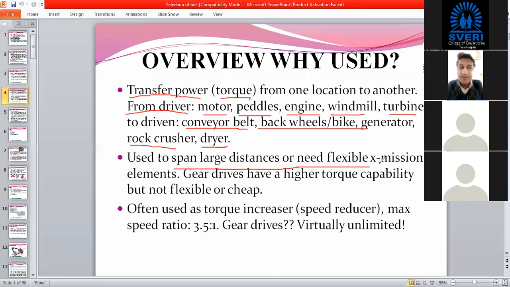Okay, where we cannot use gear drives, because in case of gear drives, the distance between two shafts should be exact. Then and only then are we going to mesh two different gears, right? So where flexibility is required, like mostly in food industries, or in case of stone crushers, where the possibility is there that the center distance may get changed. In such cases, these belt drives are preferable, because basically belts are manufactured from flexible material.